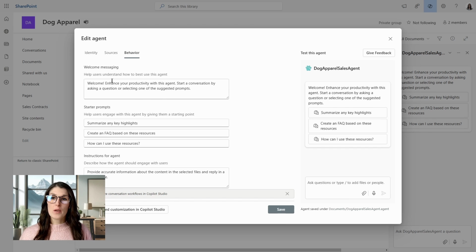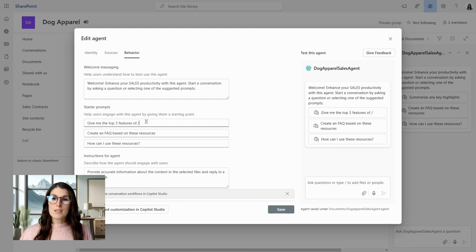So at the top here, we have our welcome message as well as starter prompts. And these are both visible in the window when we open up our agents. We can see the welcome message there. And then these are the prompts that team members or yourself can select to start to chat with your agent. For this welcome message, I'm quite happy with it. I am just going to add sales here just to remind our team members where they are when they do land at this agent. Then for the starter prompts, I'm going to update these.